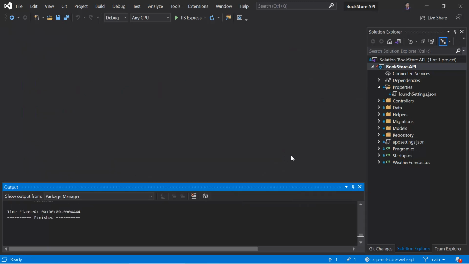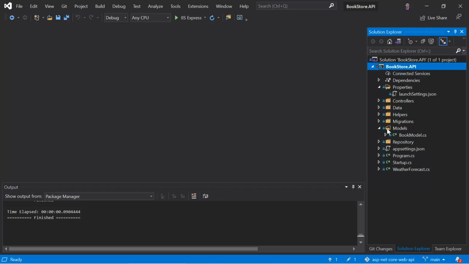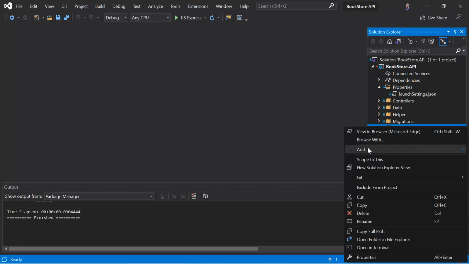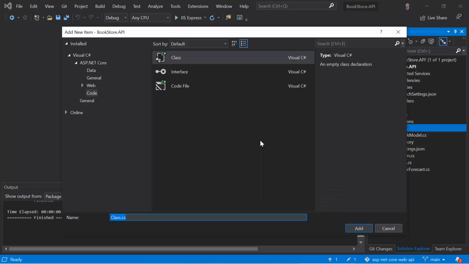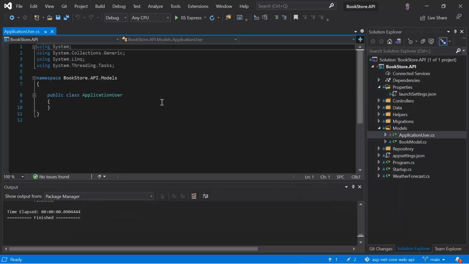We will start the process of Identity Core by creating a new model in this application. Let's expand this Models folder and add a new class over here. I am creating this class to add the properties of the user table. You can give any meaningful name to your class, but here I am writing ApplicationUser. Hit the add button. Because we are using the Identity Core, all these tables are provided by the Identity Core, and in this table there are some columns that are predefined.